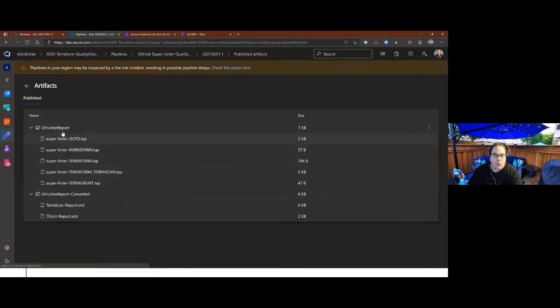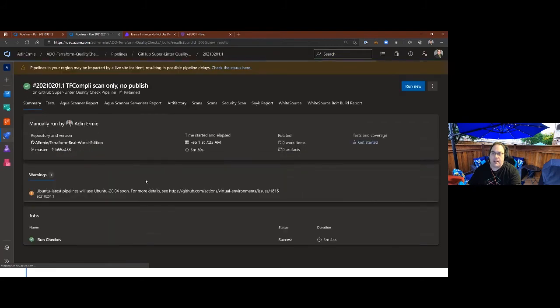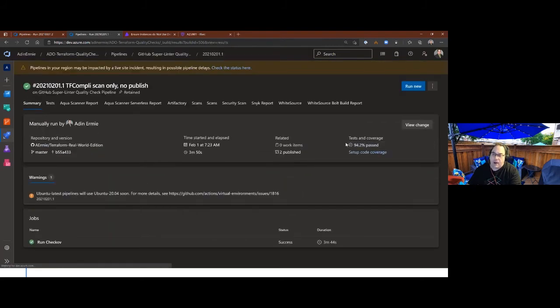We have one where I'm collecting all of the tap files directly. So these are the raw outputs from the GitHub Linter, in case I want to download and look at those directly for any purpose. And then when I convert the ones that I'm interested in, I also make, on the fly, a separate directory to capture the converted files, again, if I ever have to download or archive or use those raw outputs directly. And then we get the coverage, just like the other tools that we have there.